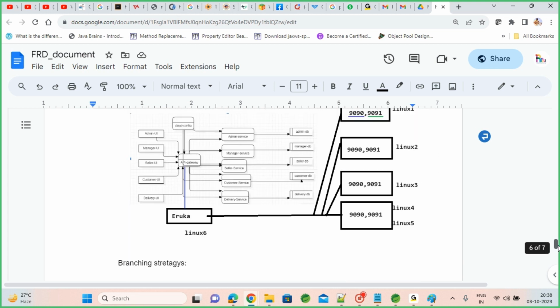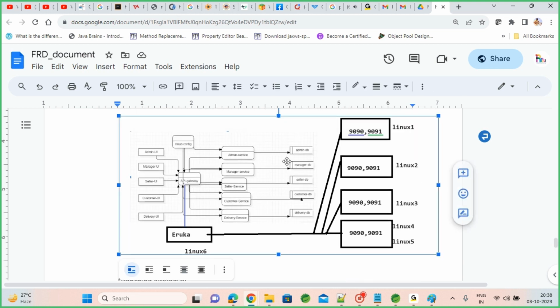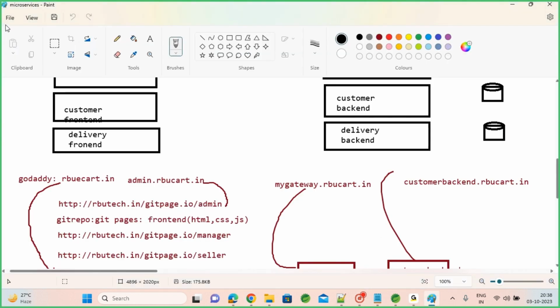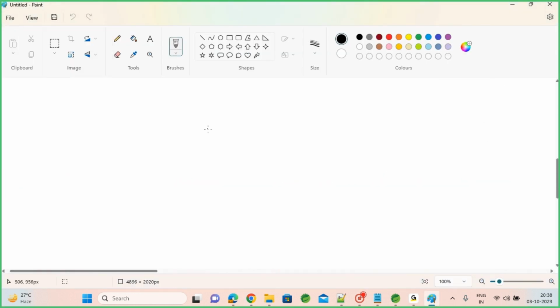So we added Eureka, service, gateway, and we thought of adding security and mailing and logging APIs that we will see later. For now, this is our architecture. We have implemented so far